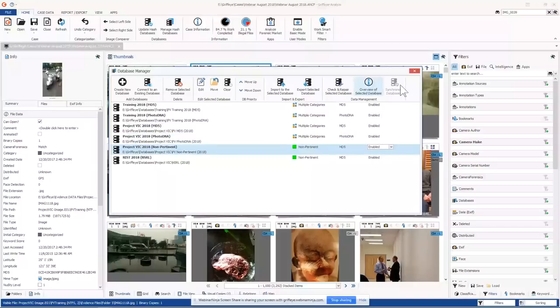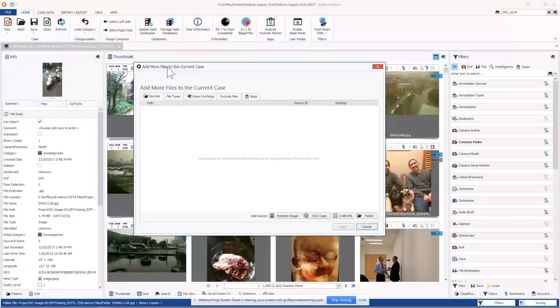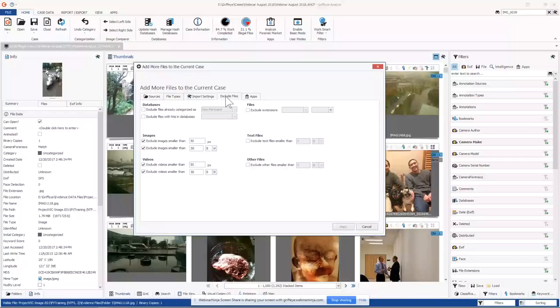One thing I want to show you that you can do in a case, if you were to process a case originally, I already have one in the oven here for you, is on the exclude files option, a way that you can get through large swaths of data that you're not concerned with.